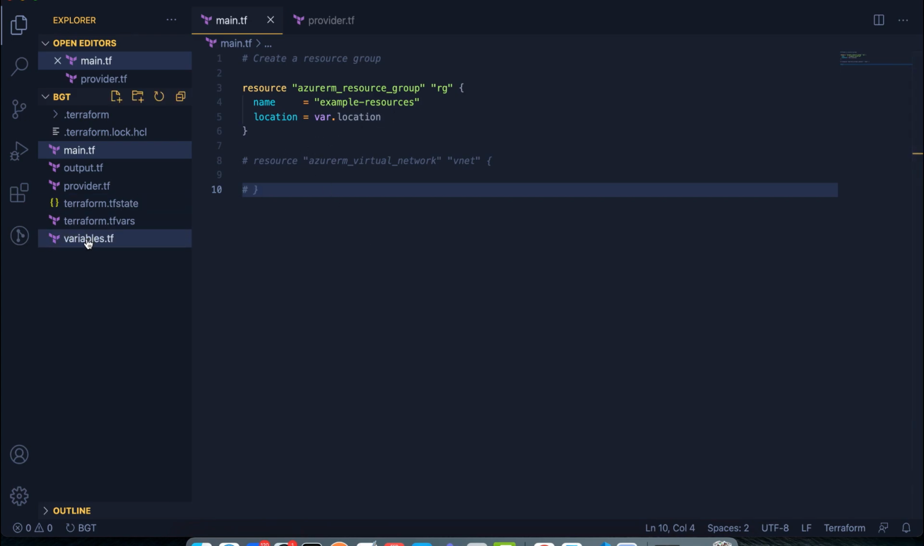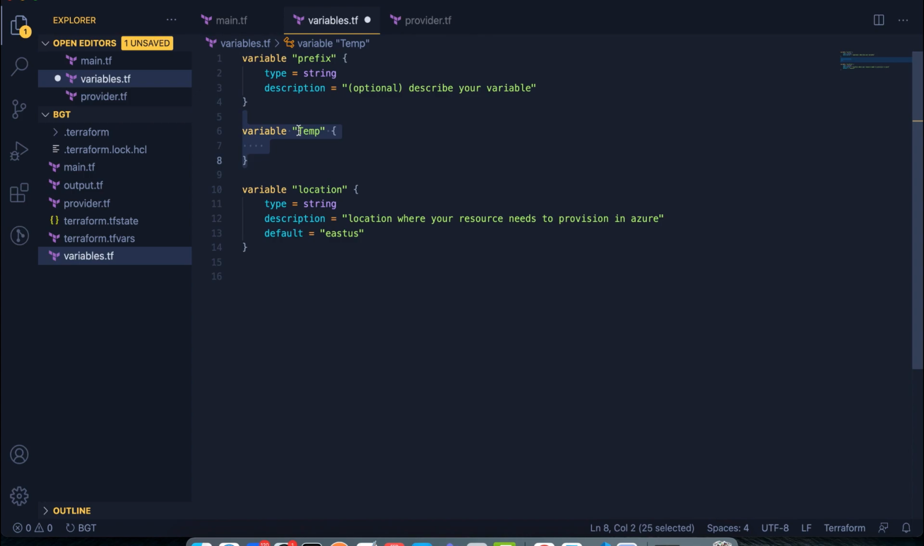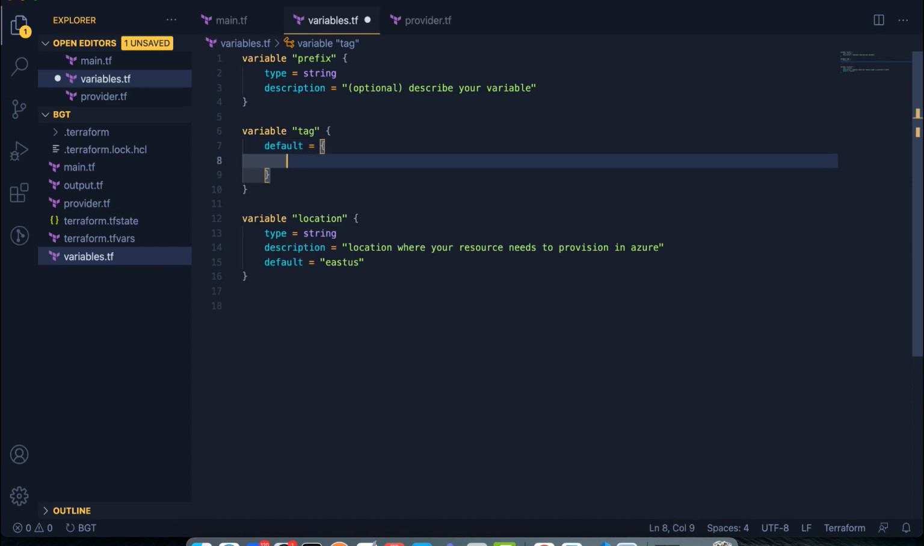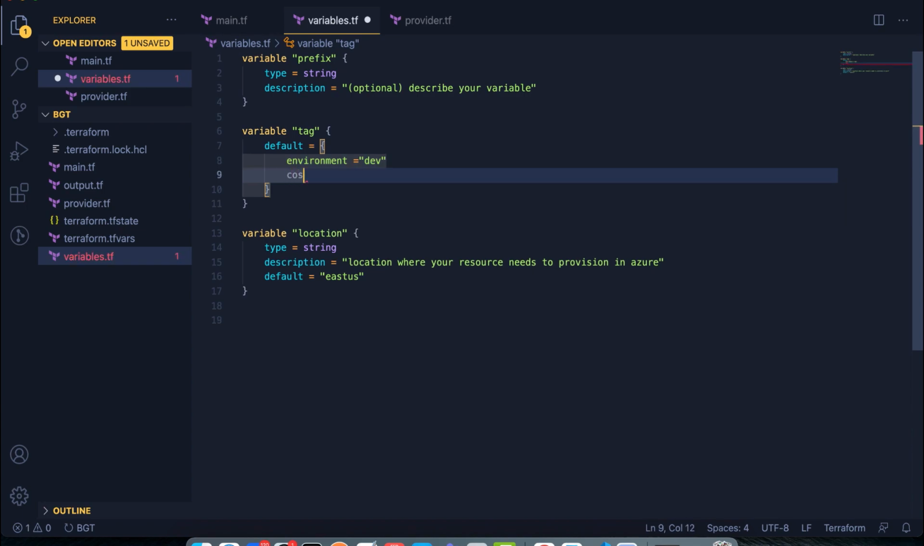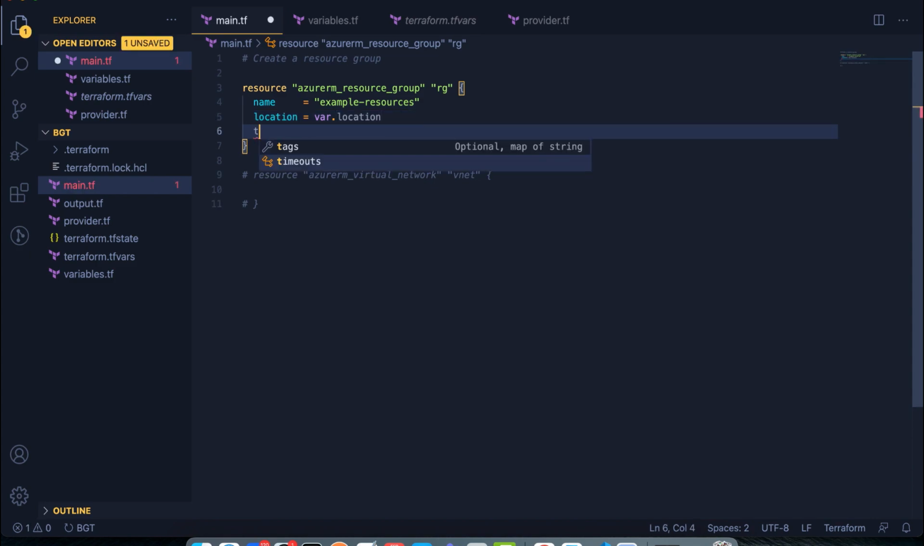Now you might be wondering, what if I would like to modify the resource? So let's say we have another variable. I'll modify the variable, and then I'll call the default value a map. A map is just a key-value pair, like a dictionary in .NET. So I'll call it environment equals dev, and then cost center equals some 50, something like that. I don't need to declare it here in the tfvars because I've already declared it over there. So I can use the tags,